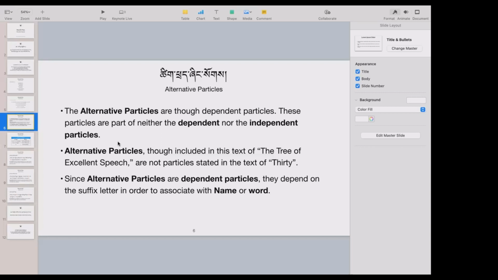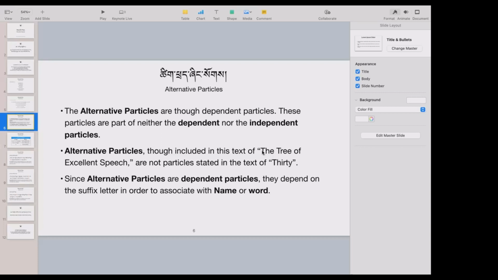But these alternative particles, though they are particles which are mentioned in the tree of excellent speech, are not particles stated in the text of 30 of Tumi Sambuddha. And that is the reason why it is neither dependent nor independent particle. But just because it is neither of them, it doesn't mean that it cannot have certain criteria to associate with